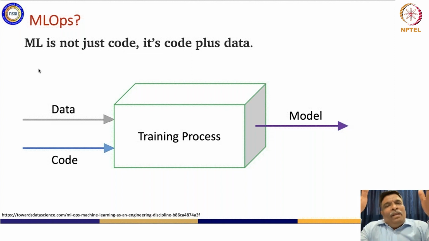Now this basically means that you have a situation like this, where you have the data, and the program or application code also. Then you do a training process onto some model, but you have the software code as well as the data to be used with it. But in case of general software development, you generally work with code, right? So